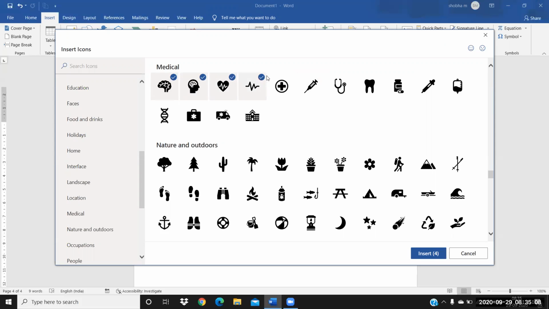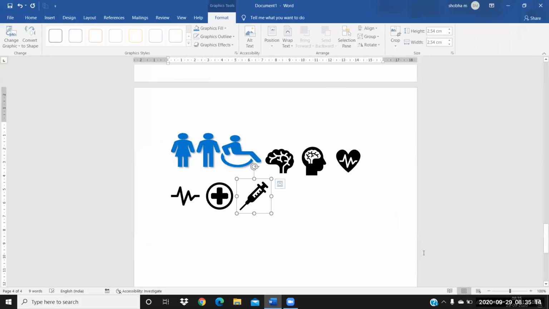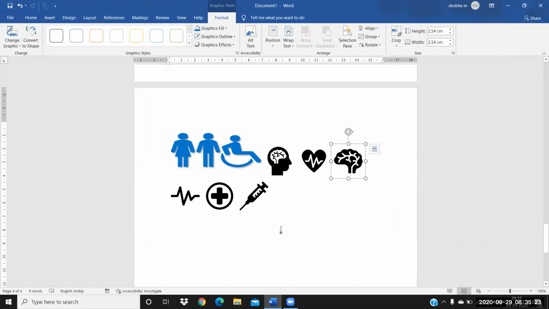These are a few options related to medicine icon sets. Like this, you can insert any type of icon sets over here.